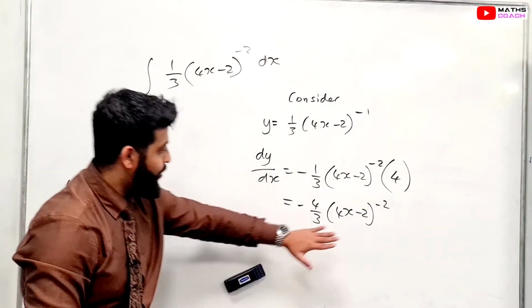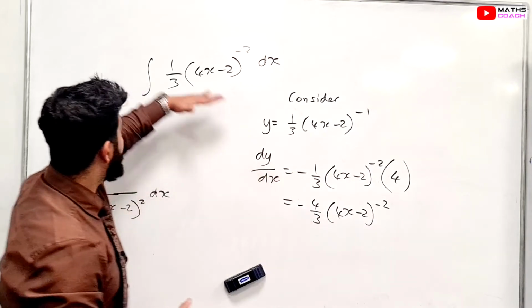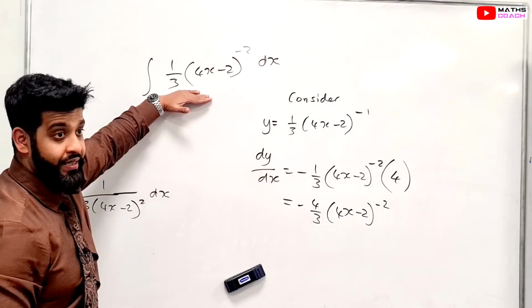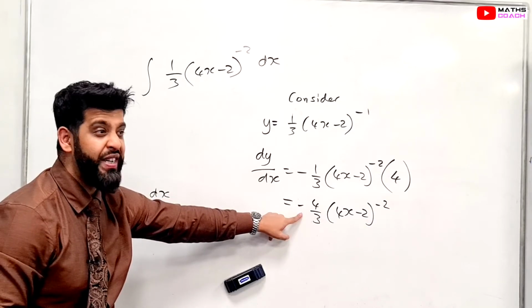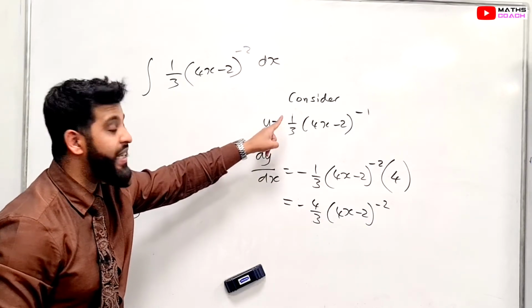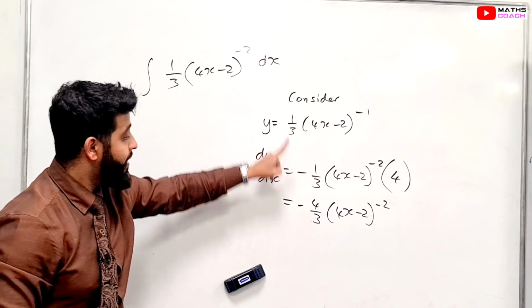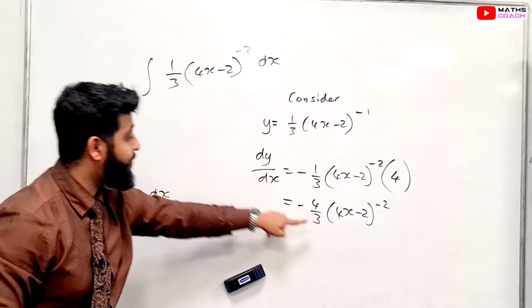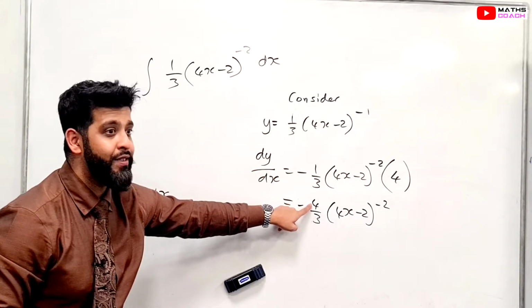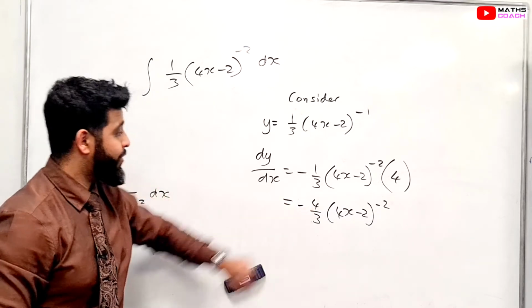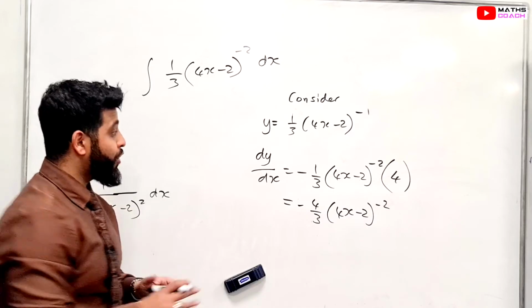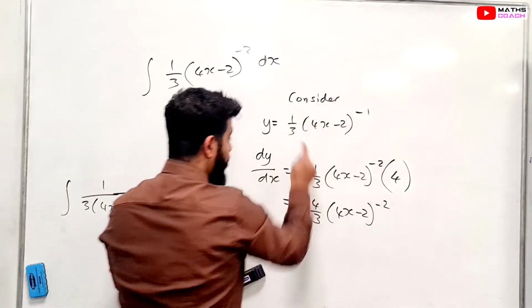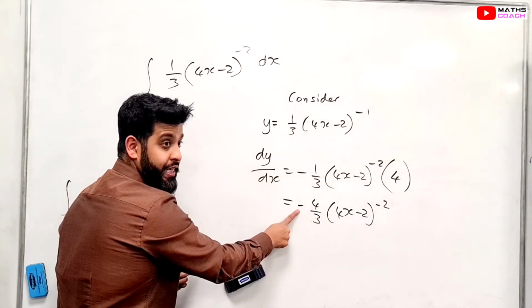Now, look at what you have. Look at what you want to integrate. First thing you'll notice is a negative. So you want to get rid of a negative by including a negative in this one when you integrate, yeah? Secondly, you've got the divide by 3, but you want to get rid of this 4. So how do you get rid of that 4? By dividing by 4. So it's going to be this with another negative to get rid of this negative and